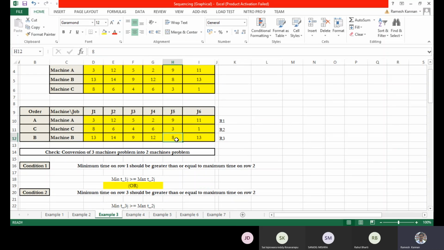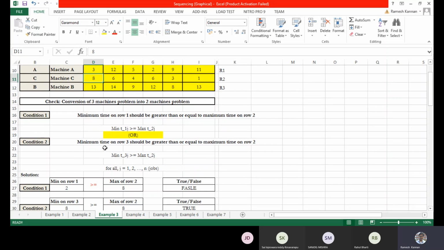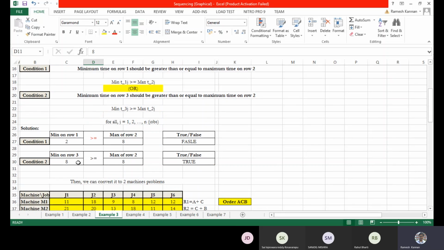It is 8. What is the maximum of row 2? It is 8. So it is satisfied. The minimum of row 3 is 8 and the maximum of row 2 is 8. Only thing is we check row 1 and row 3. So 8 is equal to 8, which means this condition is true. So we can try converting that 3 machine problem into a 2 machine problem.